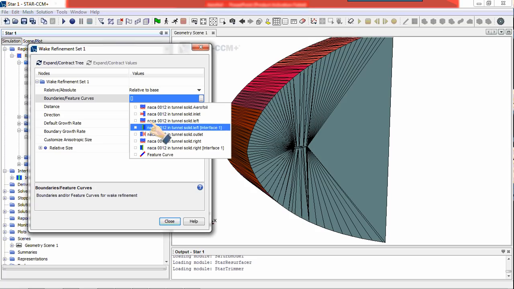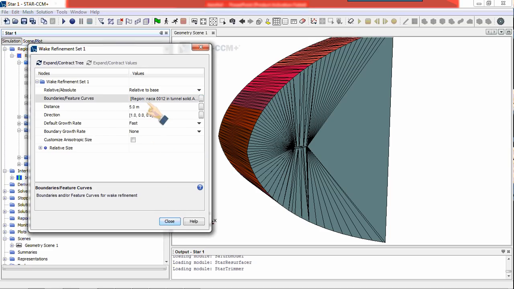So it has to be from the aerofoil and it has to be grown in the x direction, and boundary growth rate to slow,